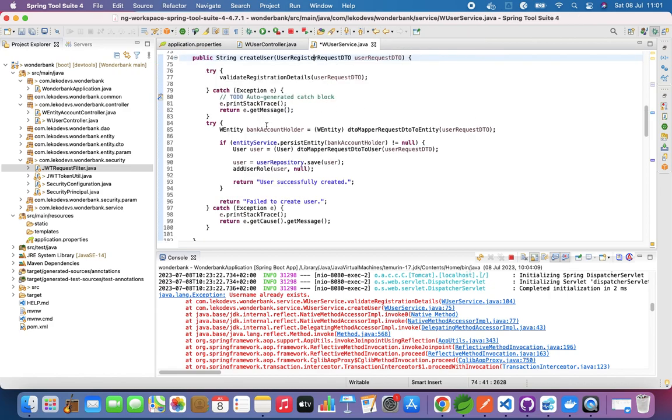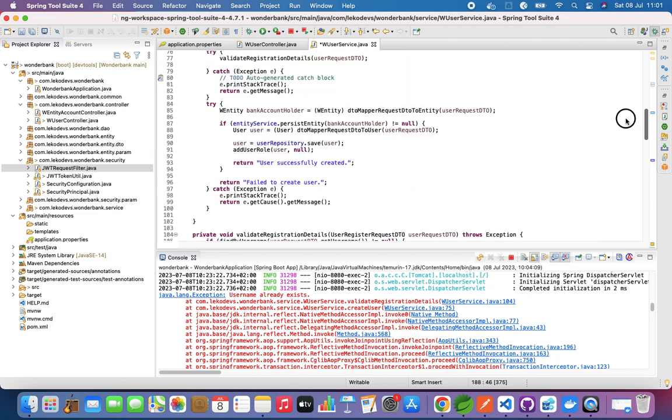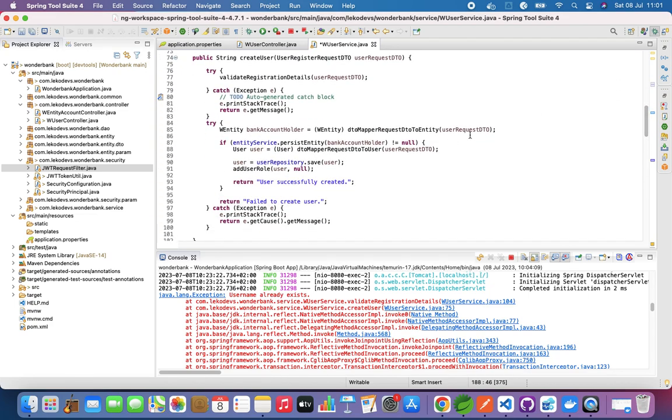And then the next thing is once we have the validation successful, we just take the entity as we want, and we have our DTO mapper right here. So I'm basically mapping from the request DTO into a database entity. So I set all of those details right there and get the object as I want. So that's what we have over here. So I get the object and I pass it to the entity, which is the database entity. And once the entity is available, then I say persist that entity